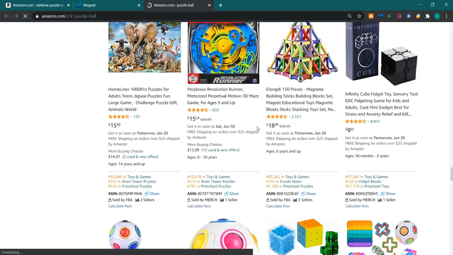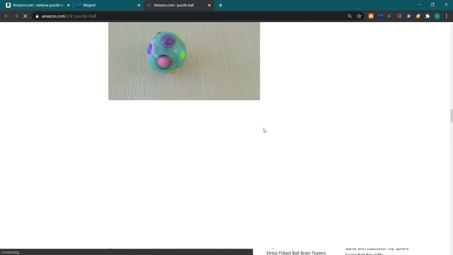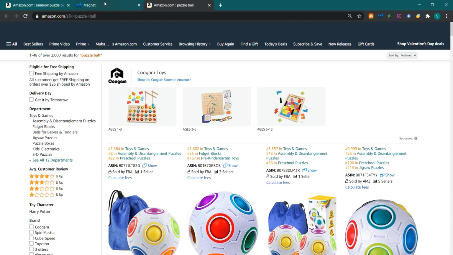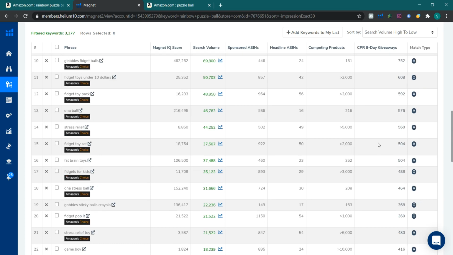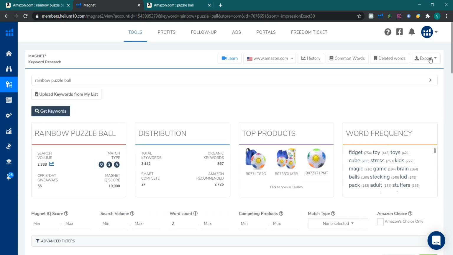So I can take this keyword. So now I know puzzle ball is number 27. It has a search volume of 15,487.